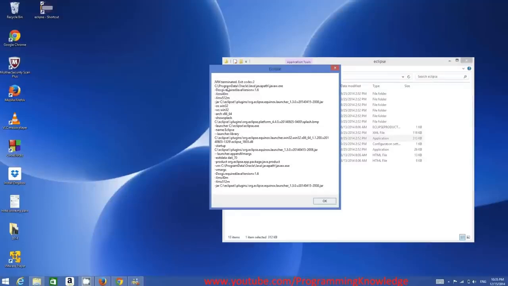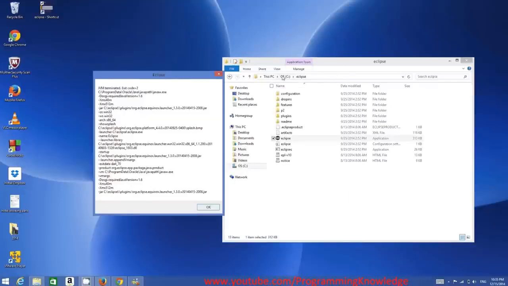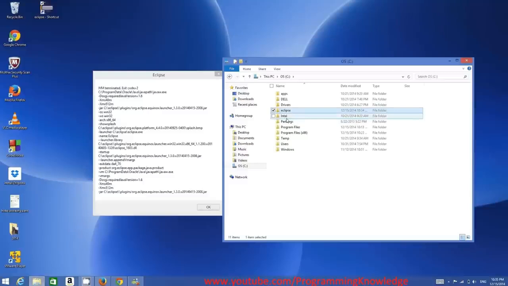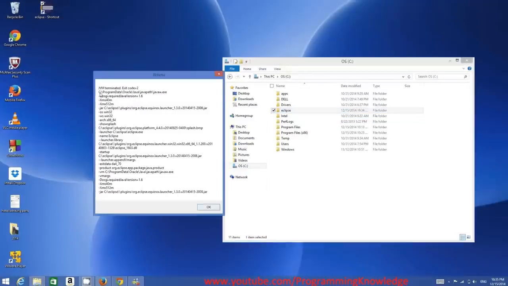from somewhere you have configured this path, C slash ProgramData slash Oracle slash Java path, in your environment variable. Remember, in the last video, I told you to set the environment variable for Java JDK 8 and JRE 8. Those environment variables are not responsible for this error. This error is due to the environment variable setting of the C slash ProgramData slash Java path